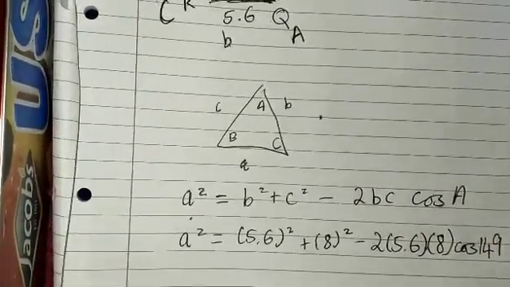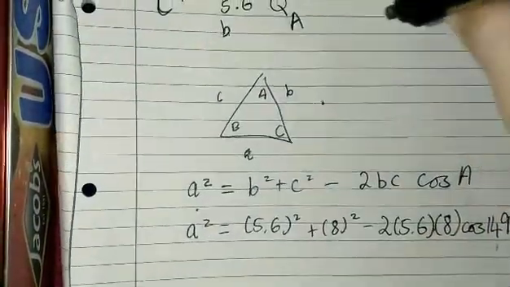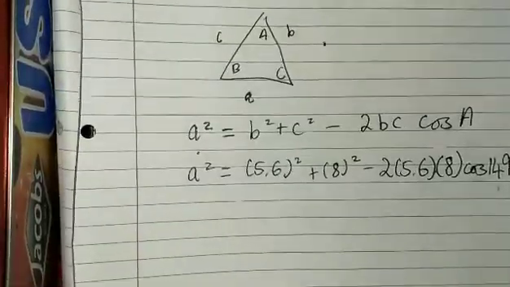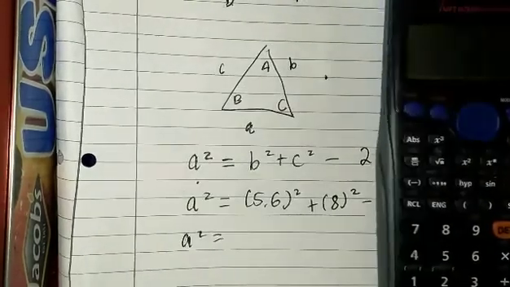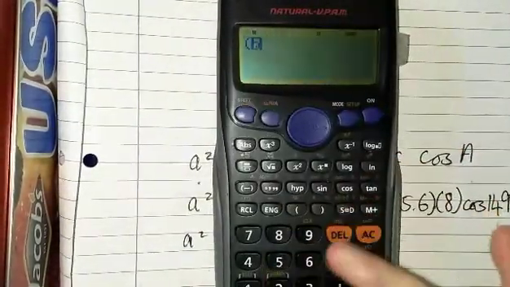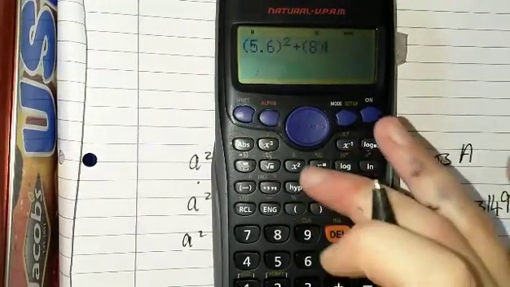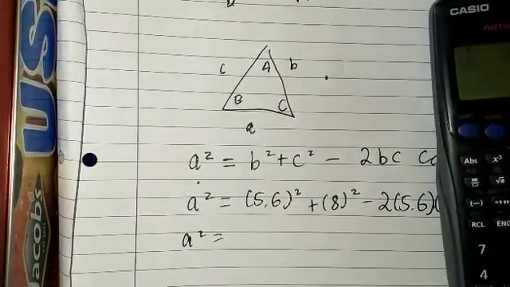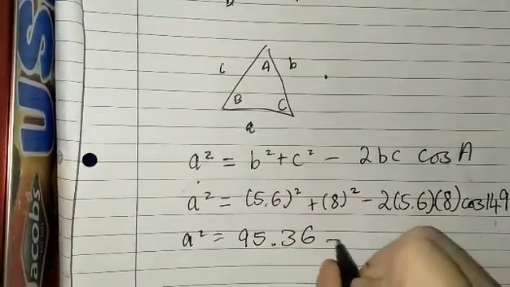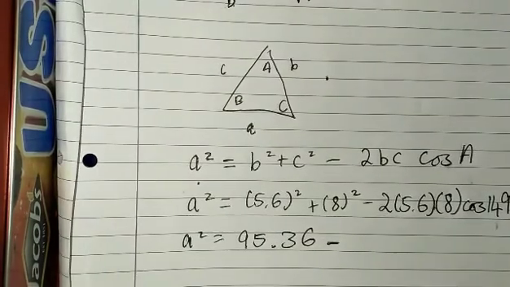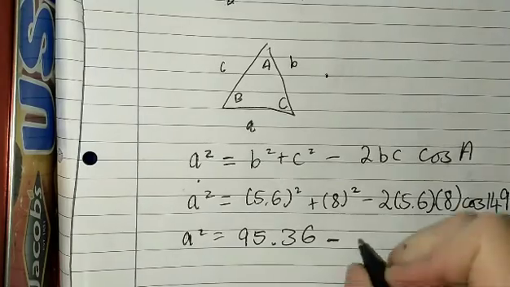Or A is actually, we called this angle A. So just for the purposes of using the cosine rule, we have A squared is equal to, so I'm just going to work this out. 5.6 squared first, plus 8 squared, so then I get 95.36, and then minus 2 by 5.6 by 8, so I get minus